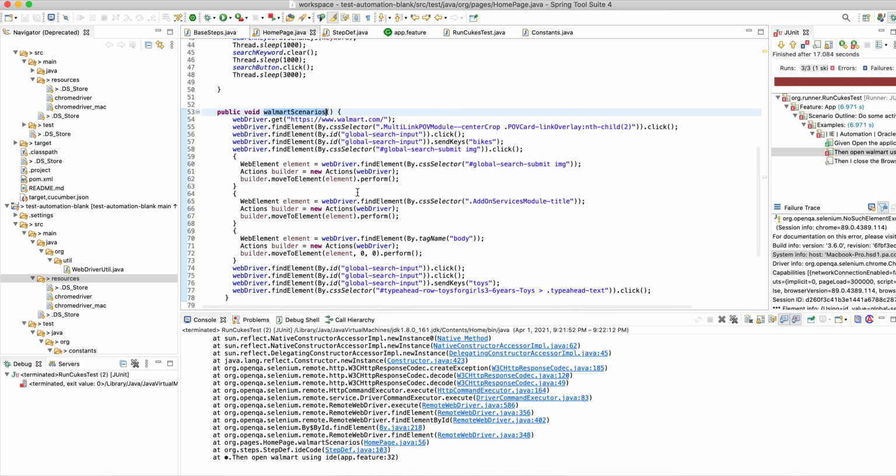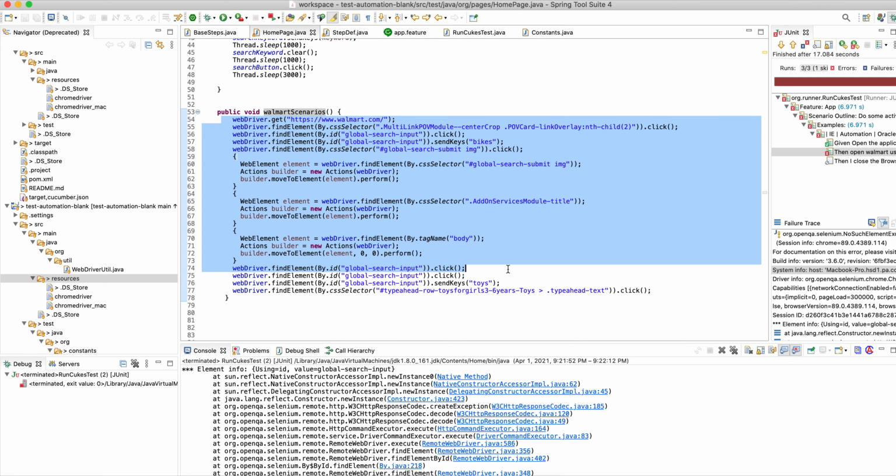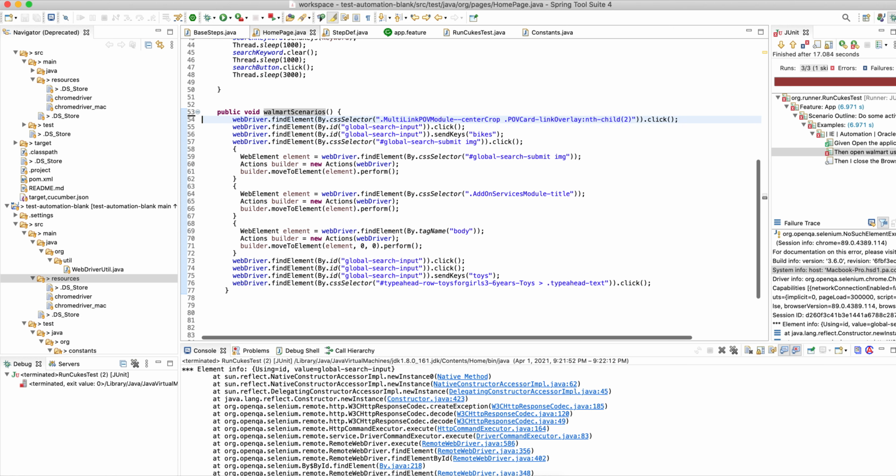What happened here is using Selenium IDE, I was able to generate this Java code, right? Without writing a single line of code, I was able to generate the Java code. Okay, I don't need this. That's the problem. Let me run this.